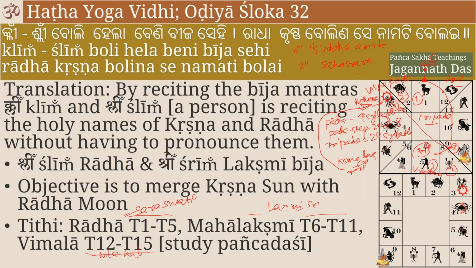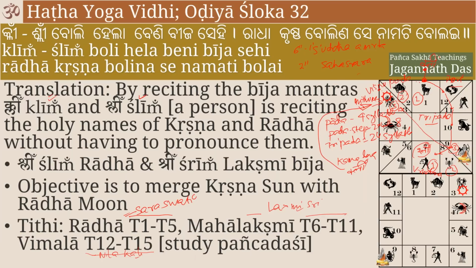So in order that I get the purification, I must also connect with the Shlim Bija, which has come to the house of the Guru. Because Shlim is Radha, Shlim is Guru. If Kleem is Krishna, Shlim is Radha. If Kleem is Ishta, Shlim is Guru. So who is the first Guru in a way? Shlim or Radha. Radha is the Guru and Krishna is the Ishta. So are we being clear over here? Now you understand this axis.